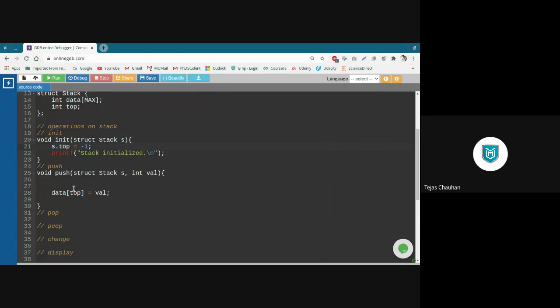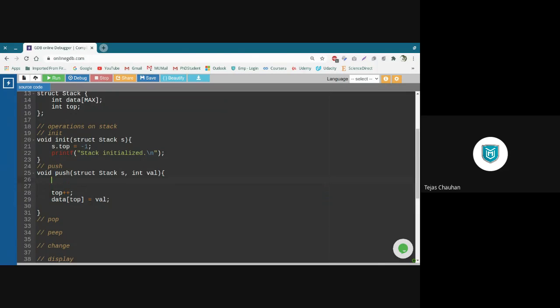So before that, we need to increase our top by 1. So from -1, it becomes 0, and on the 0 index, we store the first value. If I call this push function a second time, from 0, top plus plus, it becomes 1, and at index 1, I'm going to store the second value, and so on. So these two lines are going to store the value at the appropriate place.